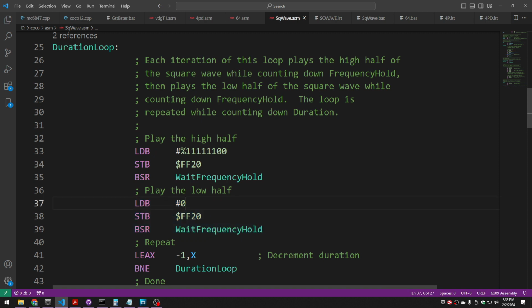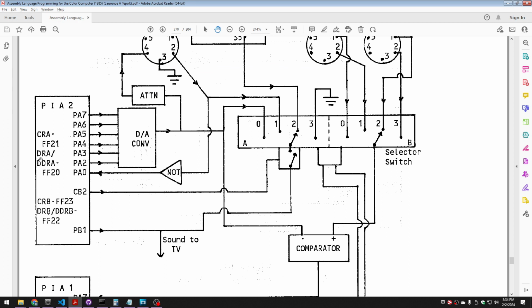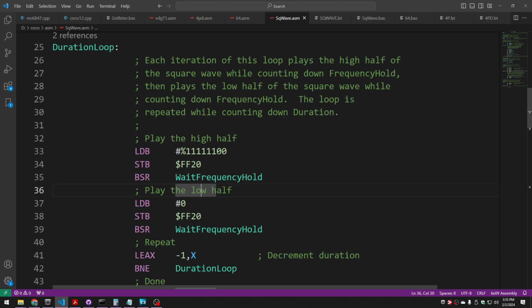The way we talk to the DAC is through the PIA, through FF20. FF20 is data register A on PIA2, and we're only going to be concerned with the bits from 2 through 7. So the upper 6 bits of data register A are the bits that go into the DAC. So we're going to leave the bottom 2 bits always 0. So when we play the high half, we set all of those 6 bits to 1,